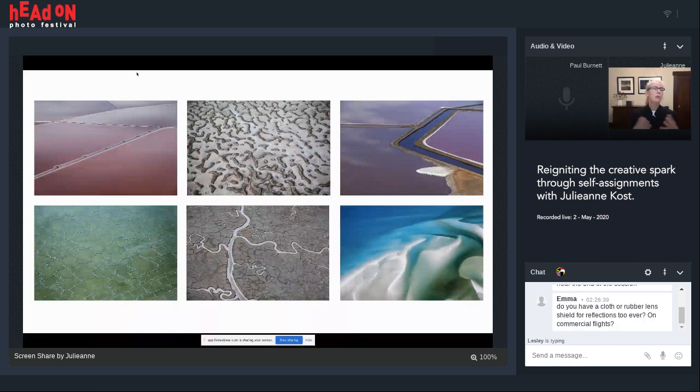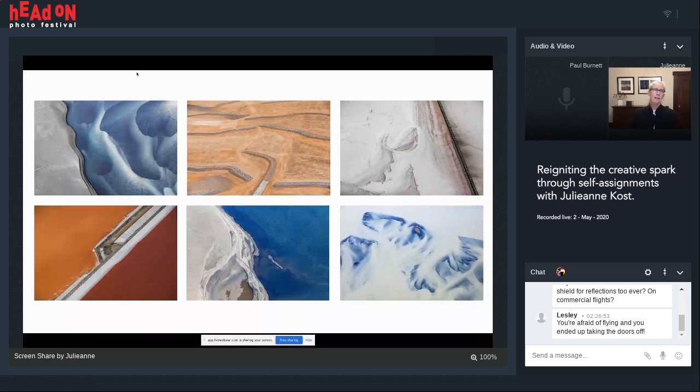I don't have a huge rig for doing any of this work. This is just me with a Canon 5D and a really fast shutter speed. So it's been a really fun project. I'm glad that it's an ongoing project. I will say that some of the images have some heavy processing applied.